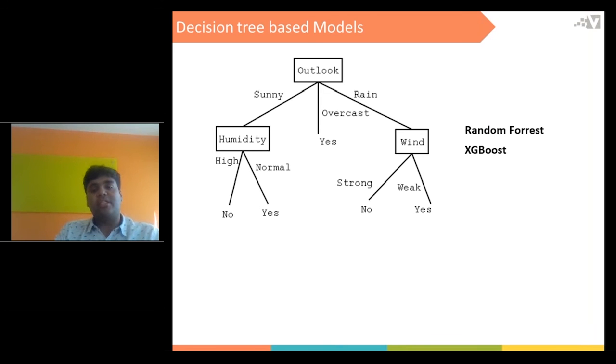They use decision trees inherently to come up with the predictions.